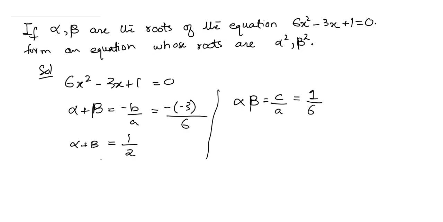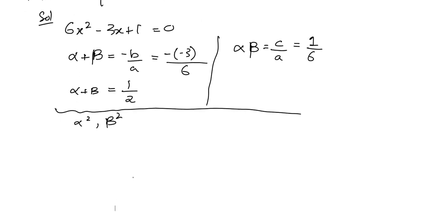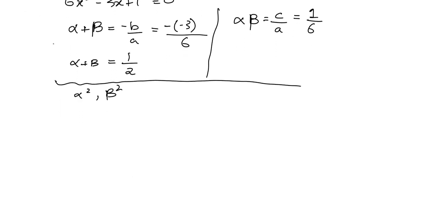Now for the equation which we will produce from here, its roots will be alpha squared and beta squared. We don't know what formula it leads towards, but we know that for the sum of squares,